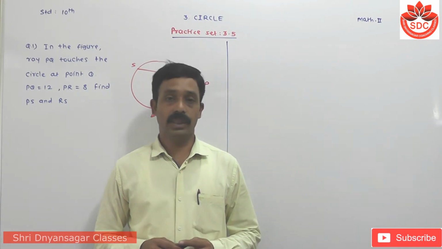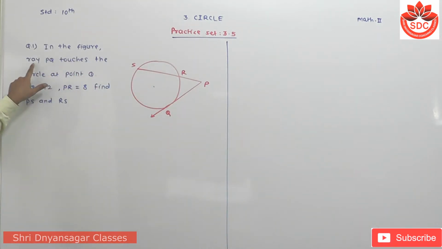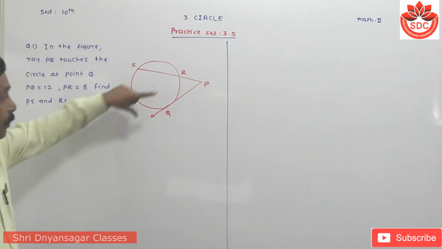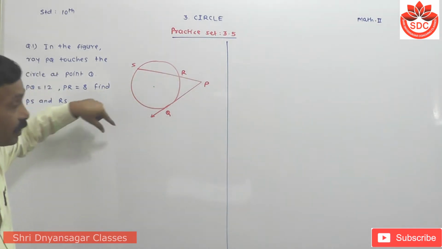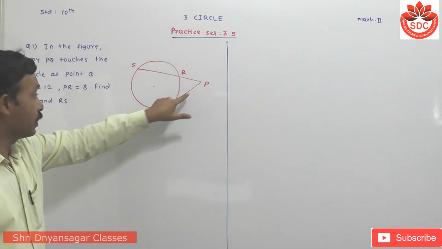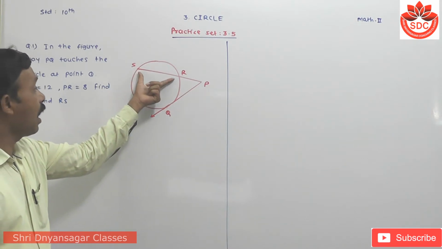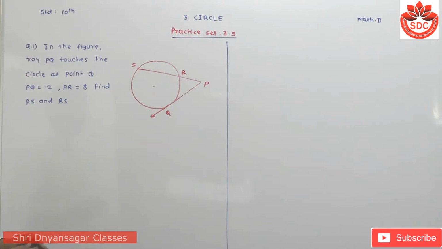Students, today we take practice set 3.5 of the chapter Circle. The first question is: in the figure, ray PQ touches the circle. PQ touches the circle means that PQ is the tangent to the circle at point Q. PQ is 12. Find PS and RS. Now, when we observe carefully into this figure, the solution is,